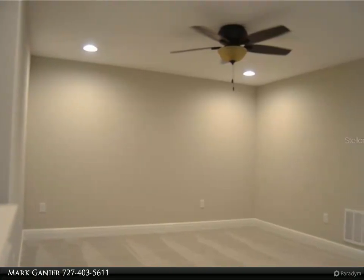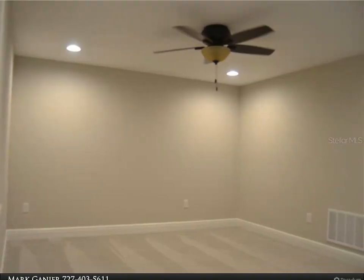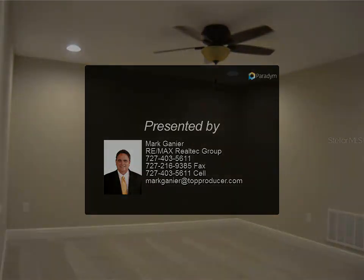Home comes with Ecobee 4 smart thermostat, USB chargers, built-in outlets in kitchen and owner suites, pre-wiring for ceiling fans in certain rooms and more. Bayside Terrace is located right on the bay and features